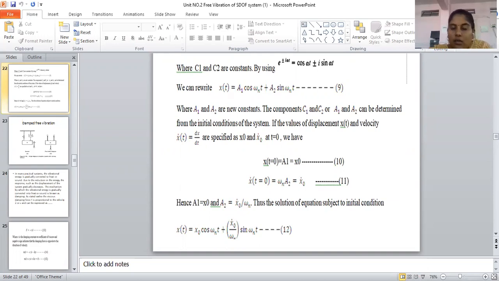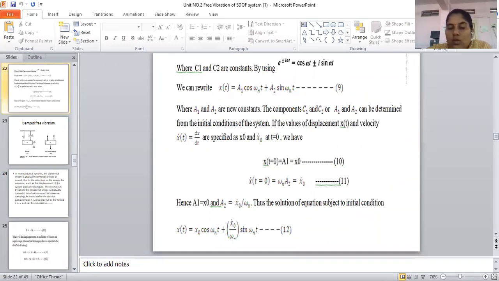In the last lecture, we completed some of the problems based on springs placed in a parallel position and springs placed in a series position. Based on these, some problems we have also seen. From unit number two, only one point and one derivation is remaining, that is the damped free vibration system. That derivation we will finish in this lecture, and we'll complete unit number two.